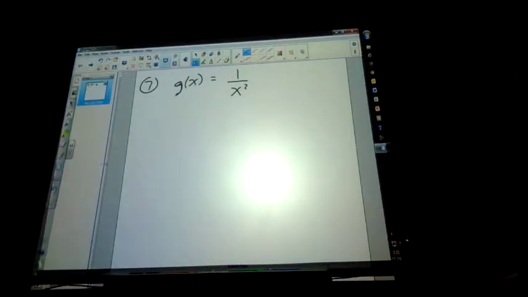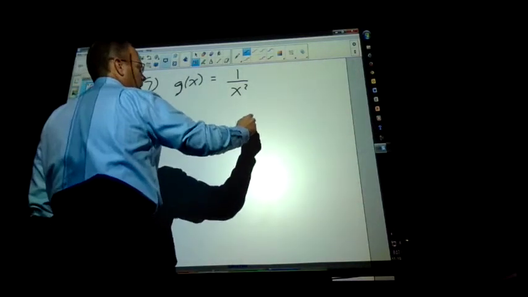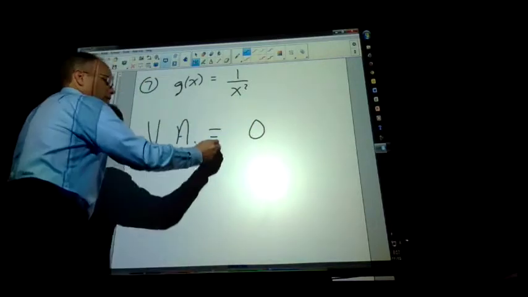Determine the vertical asymptotes for the graph of the function. So vertical asymptotes take place when? When do the vertical asymptotes take place? Denominator 0. So what is the vertical asymptote of this? Yep. So the vertical asymptote is going to be 0. So basically this graph